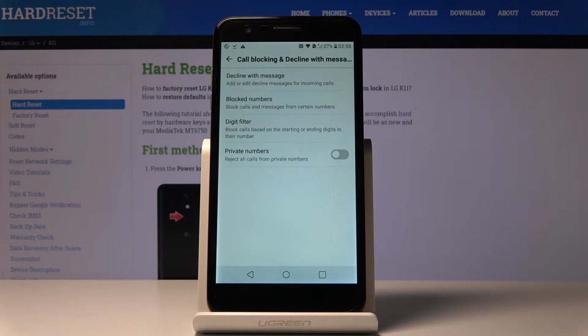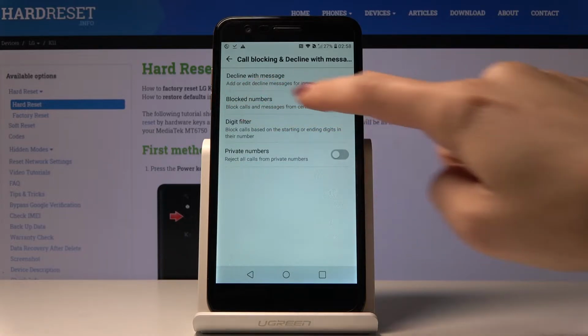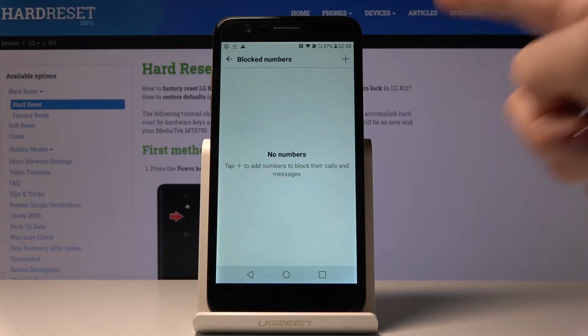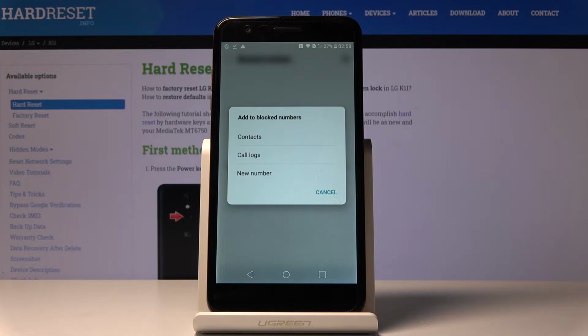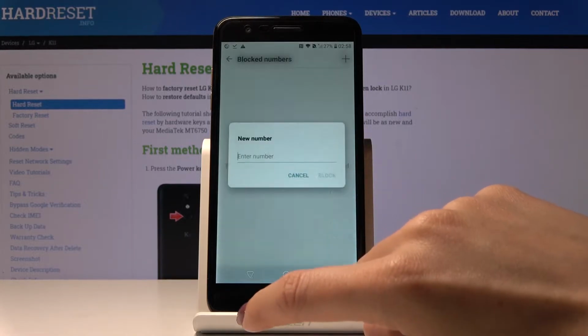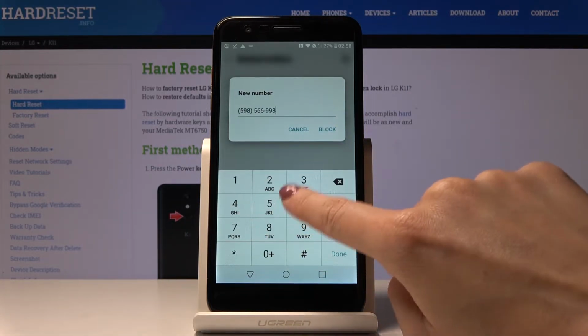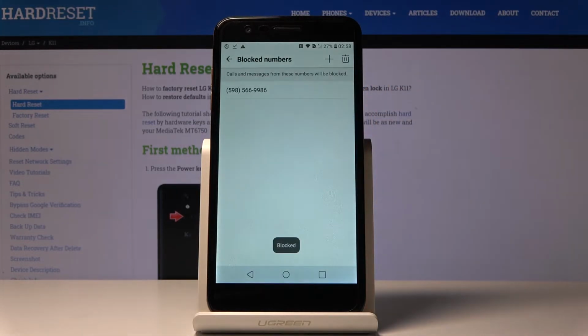And to add some number to your blacklist, just click on block numbers. And now by tapping on plus, you can pick some contacts to block, something from call log, or enter a new number, and this is what I will do. Just enter the number, click on block, and then you will no longer receive any calls or messages from this